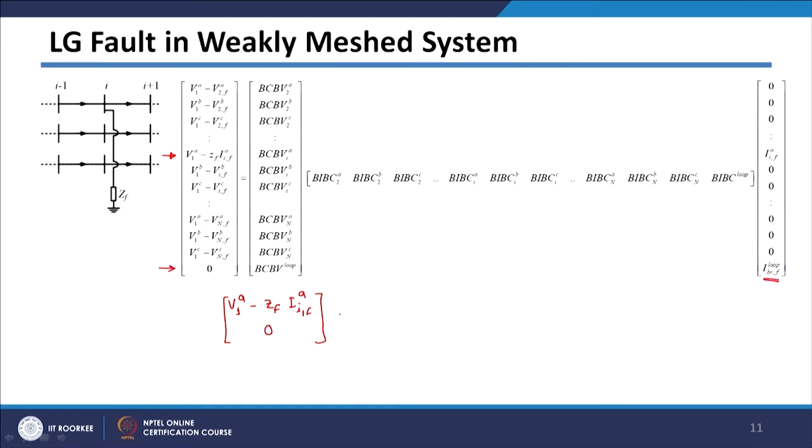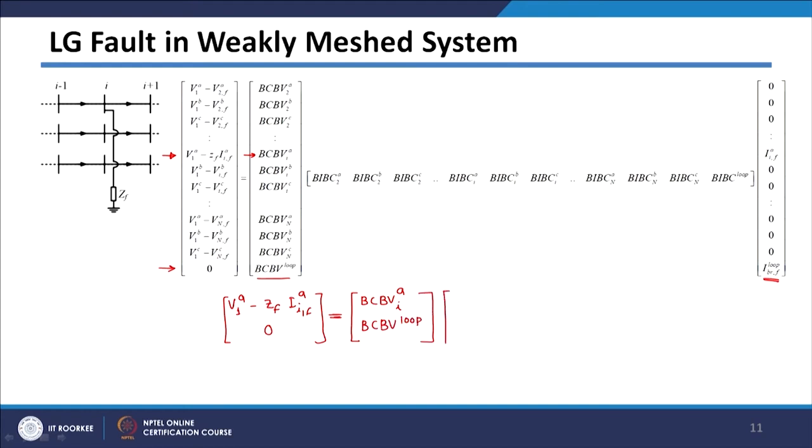So, it will be equal to 0, and this row here we need to consider, that is BCBV corresponding to A phase ith bus, and BCBV corresponding to loop will also come into the picture because we are considering these two rows. So, BCBV loop,